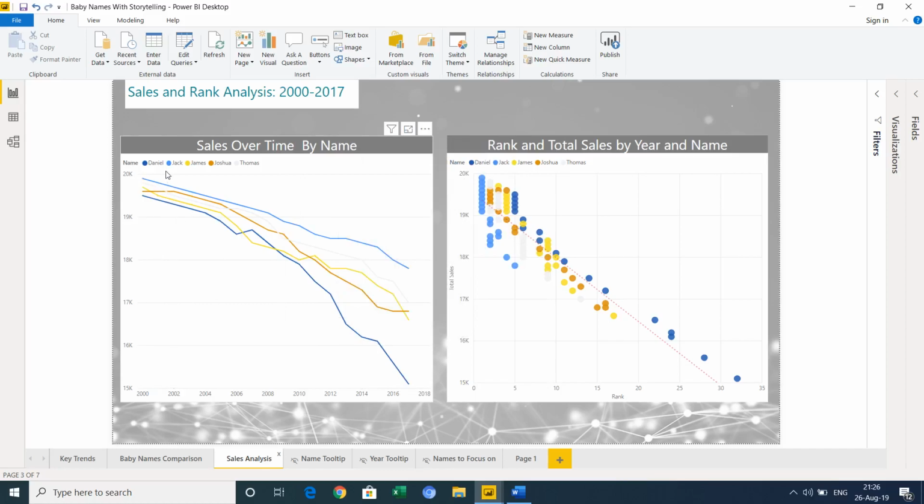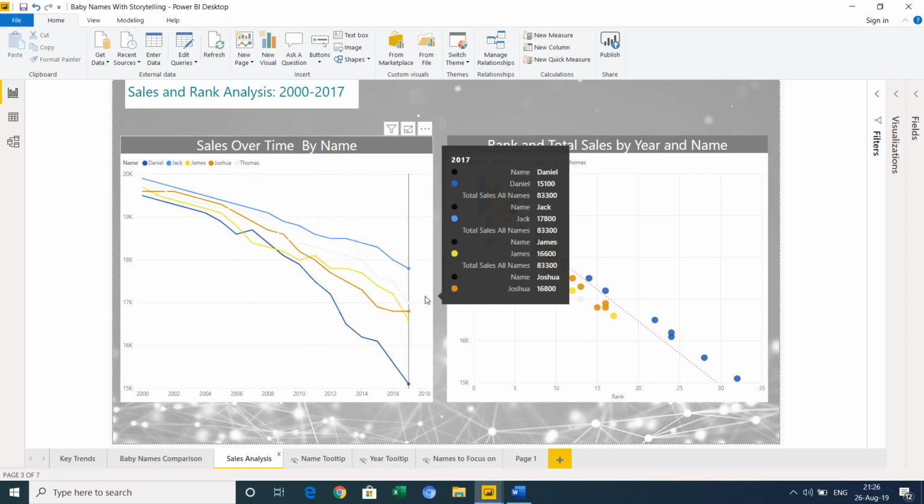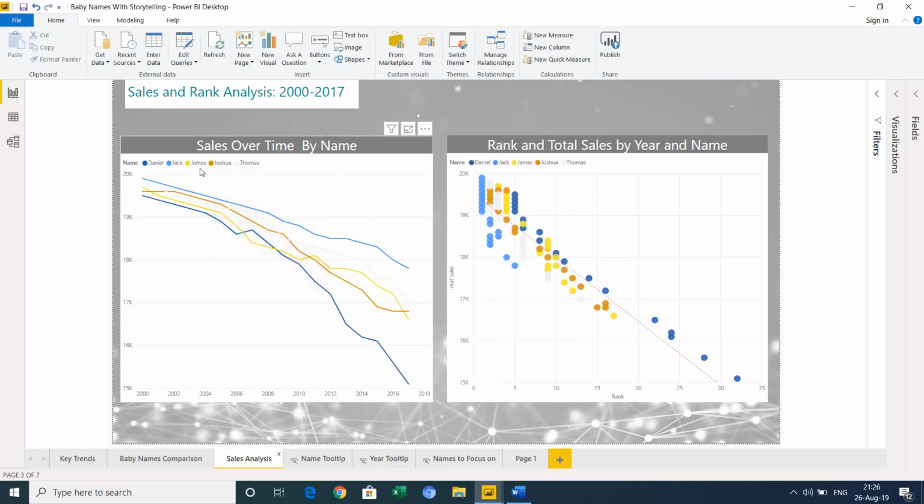But it really shows that these names that we're producing for at the moment, or that I'd assume we're producing for, have all been declining in popularity by sales. So those particular products have been declining in sales, and then we've got that correlation for those names between the rank in each year and the total sales, or the current ranks and the total sales.